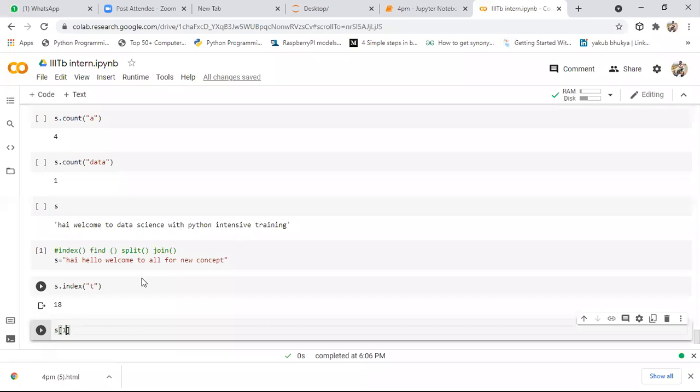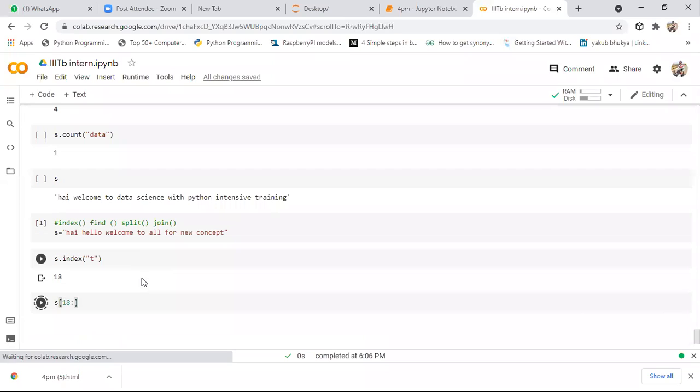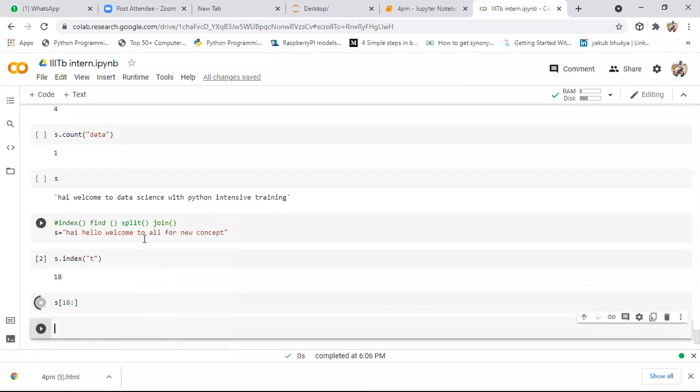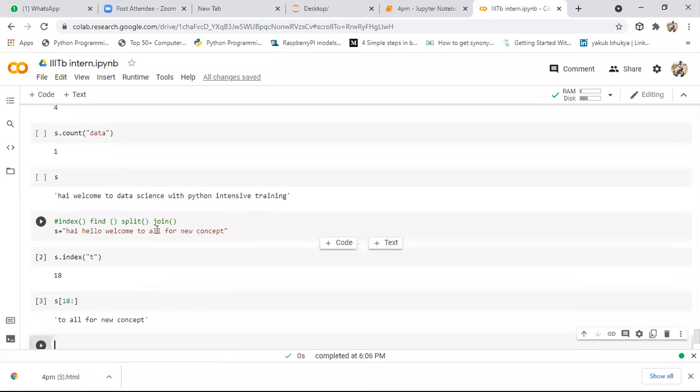Simply we can say s of 18 colon. That will give an output from this T to the end of the string. Or else, let's suppose my requirement is to print the output from this h onwards. I want to print the output "hello, welcome to all for new concept". So for that,